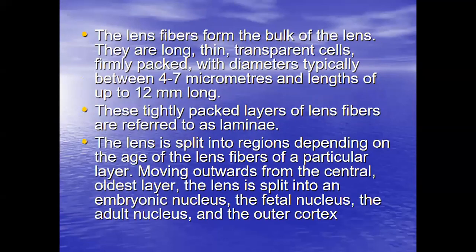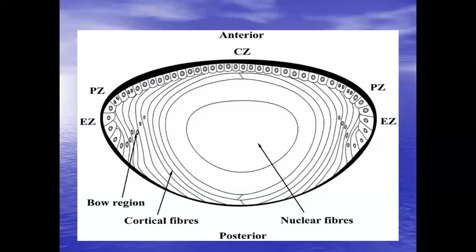So that was all about the normal anatomy and physiology of the lens. If there is any disturbance in the metabolic activity of the lens, the lens will lose its transparency. Normally it is transparent. The whole lens is transparent. But if it loses its transparency, we will term it cataract. Simply, the definition of cataract is loss of transparency of the lens, opacification of the lens.